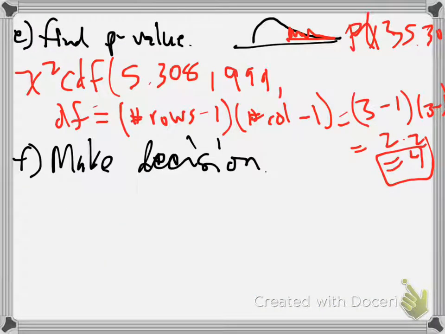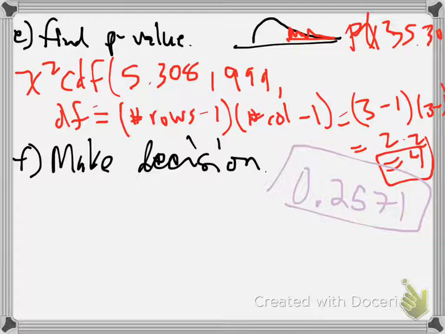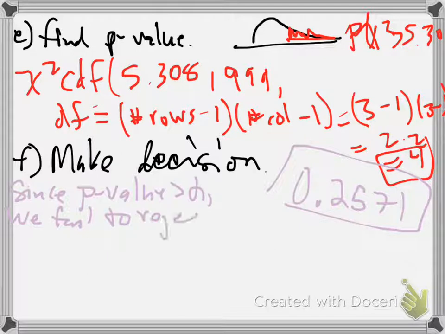So for that p-value I got, and hopefully you get something pretty close to this too, 0.2571. Okay, so what's our decision? Since the p-value is greater than, okay, I'll write it. You guys have to be sick of me writing this by now. Since the p-value is greater than alpha, we fail to reject the null hypothesis. That is, there is not convincing evidence